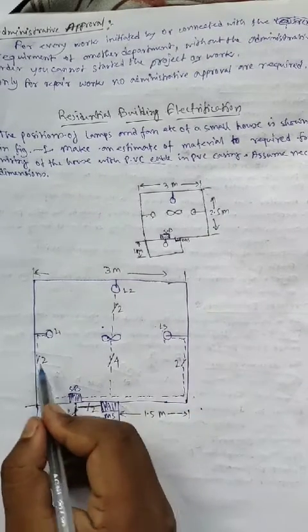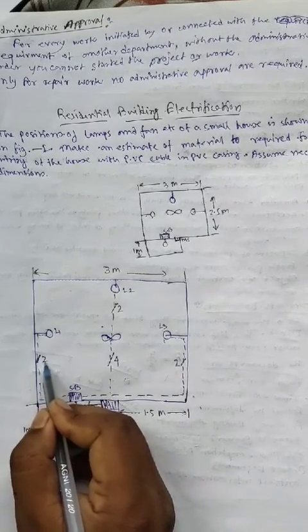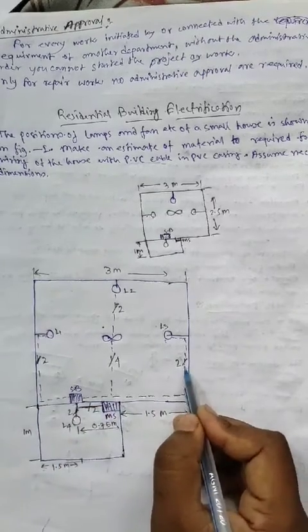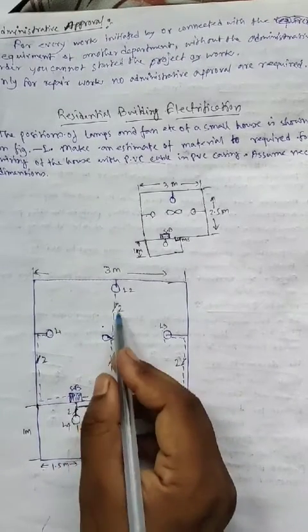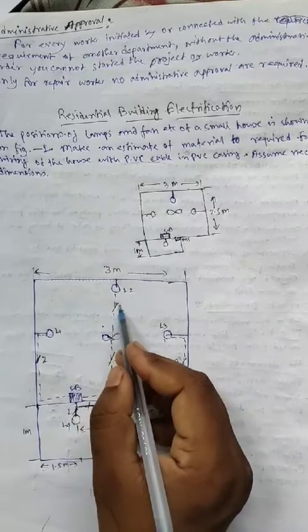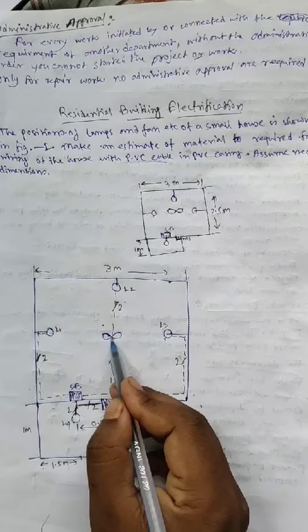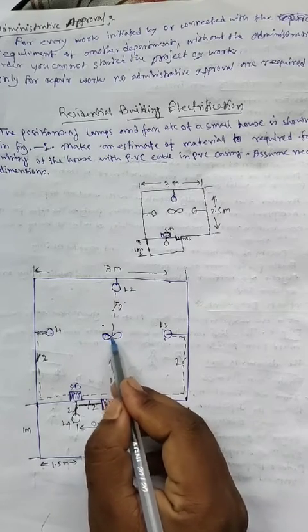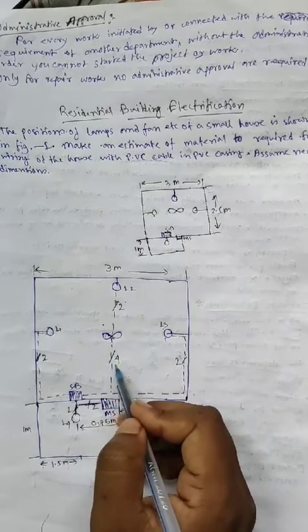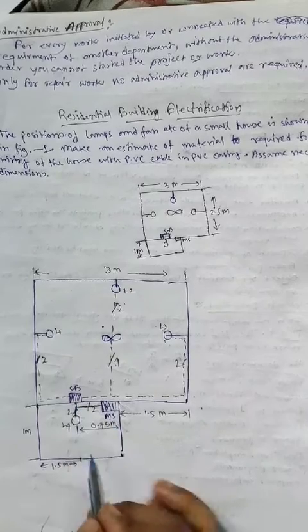Okay, and this wire is a single line diagram. So this is 2 wire, and this is 2 wire, and this is 4 wire for this side, for this purpose and this purpose. The fan purpose is 2 wire, but one is an earthing wire for the fan. So total is 4 wire. Okay, this is the main switch and switchboard, this is the veranda.